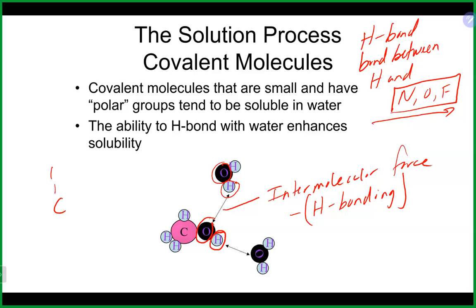For example, something like methane. Methane here is a nonpolar bond. And even though it's got 4 hydrogens, good luck, it's not going to do anything. It actually cannot hydrogen bond. So just because something has a hydrogen doesn't mean it can hydrogen bond. It has to have a hydrogen that's directly attached to one of these 3 elements in order to participate in hydrogen bonding. Something like methane cannot hydrogen bond,